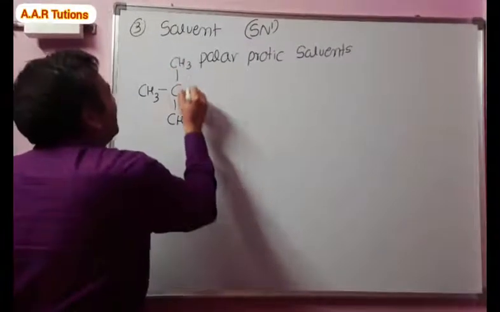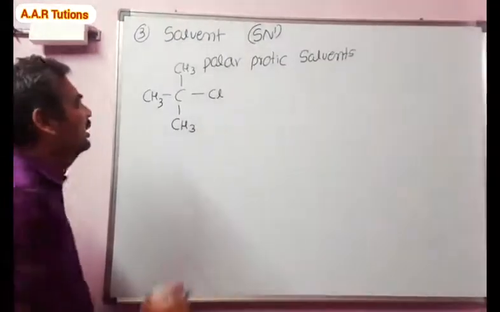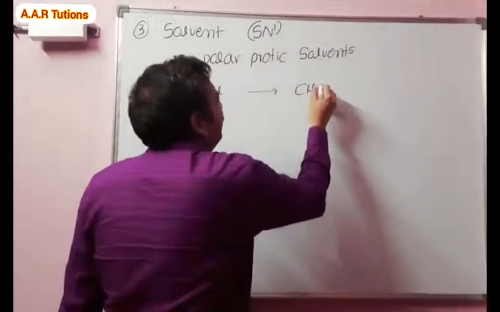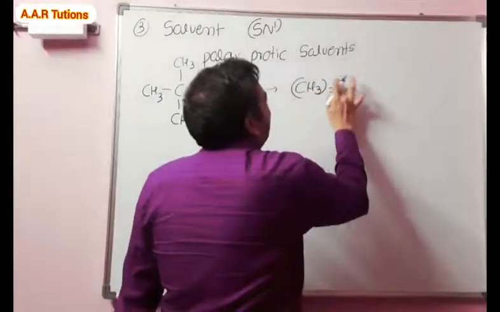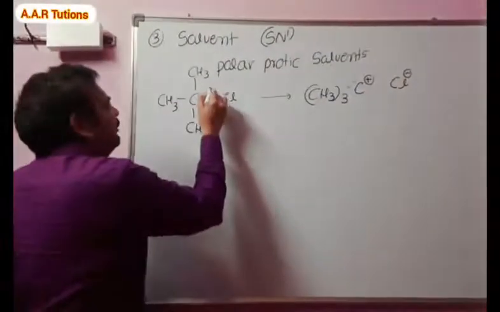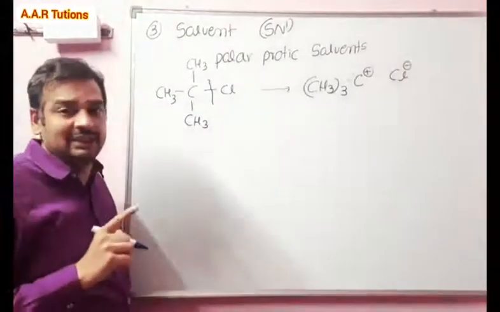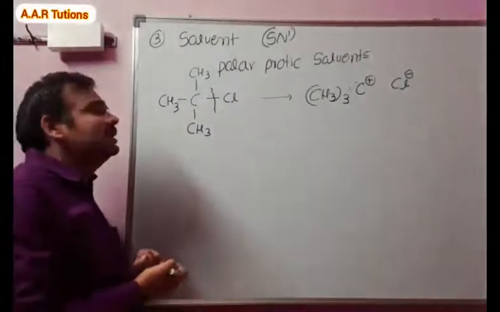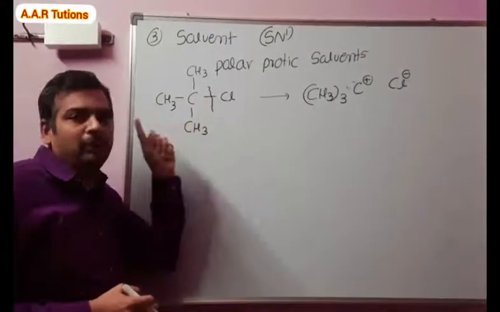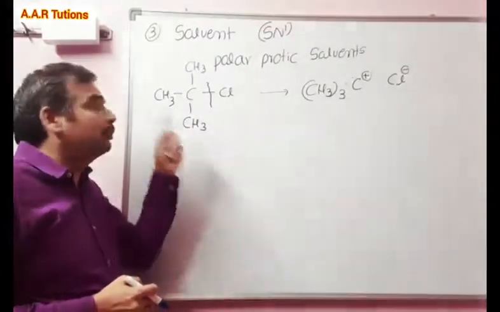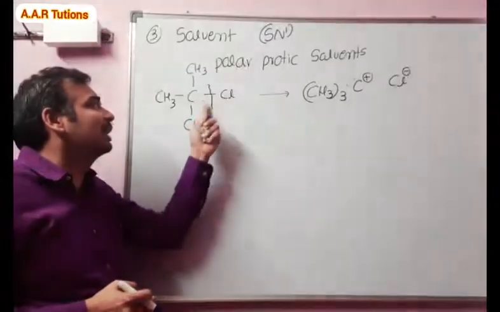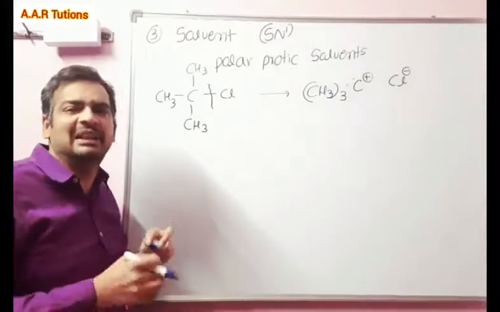CH3Cl, right? So as I discussed, in the first step what is happening? In the first step, formation of the carbocation. What is the driving force for the cleavage of this C-Cl bond? As I said, generally polar solvents are used to polarize this C-Cl bond. Polar solvents polarize this C-Cl bond to give C plus and Cl minus ion.